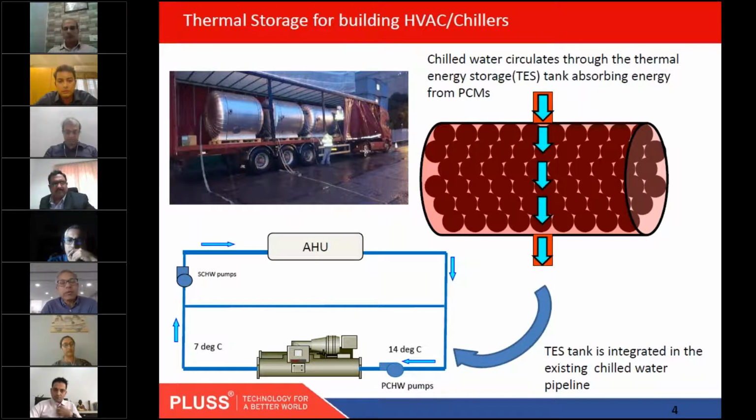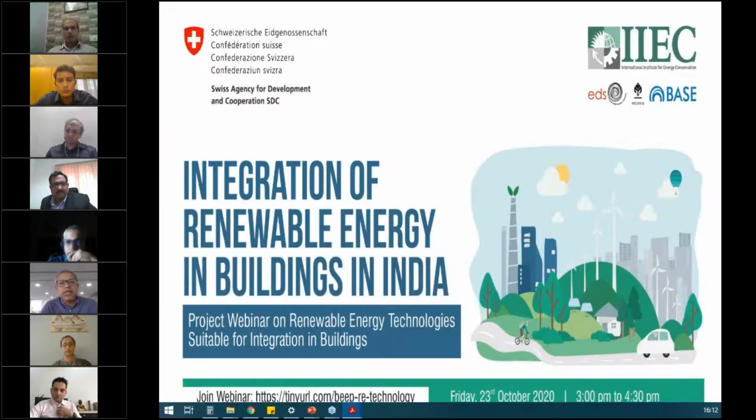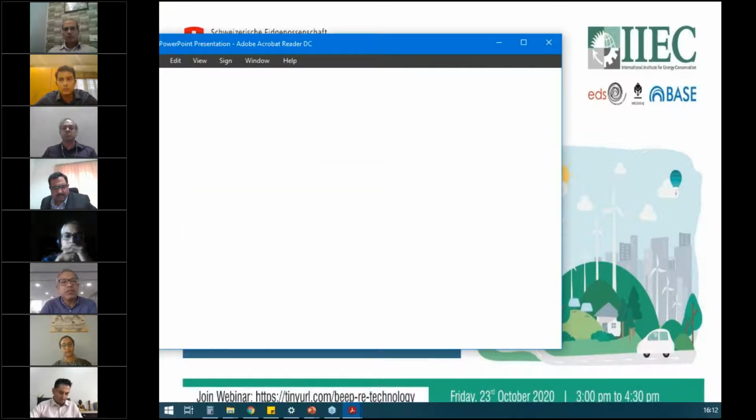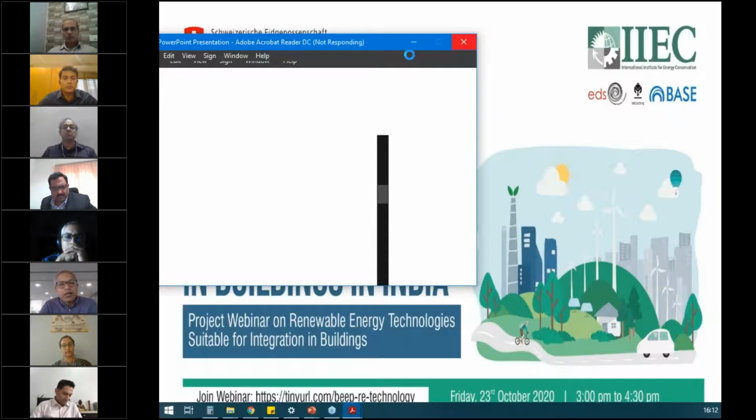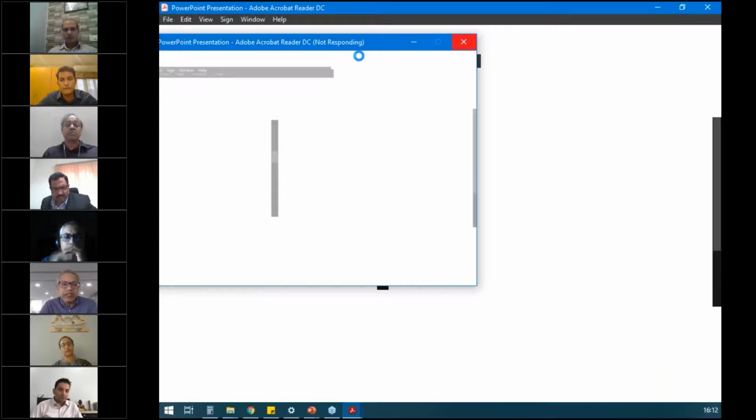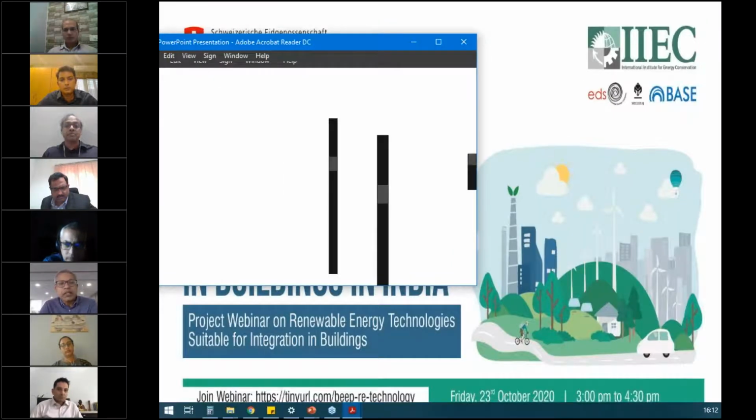With dual tariff coming into place, electricity being cheaper at night, for example, you can run your entire chillers at night. You will run the chillers more efficiently and would be able to then store the energy at night and then draw it in the day. So there you save money, but you also have efficiency because the chiller is working at a lower ambient temperature at night and can therefore work more efficiently.